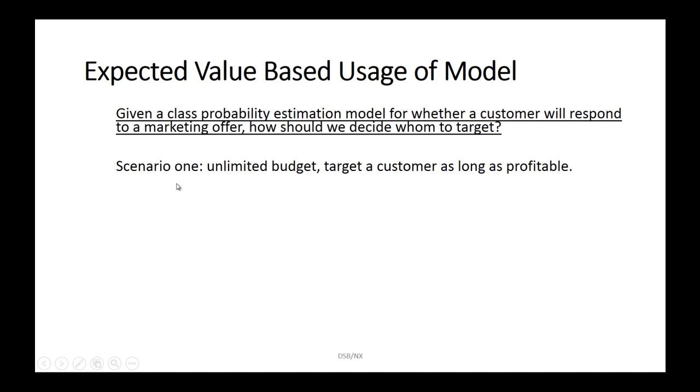Let's run through 2 scenarios. In the first scenario, we have unlimited budget. That means we can target as many customers as we want, as long as each one of them is profitable. So how should we go about deciding